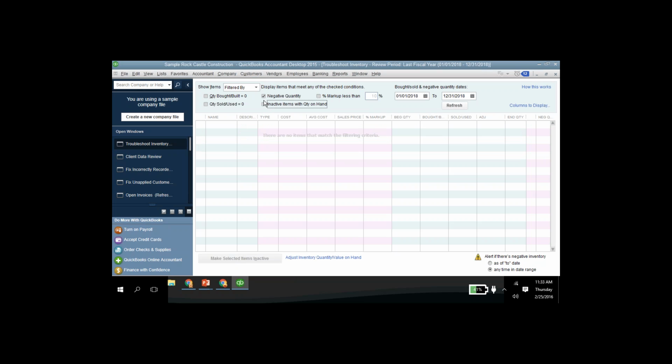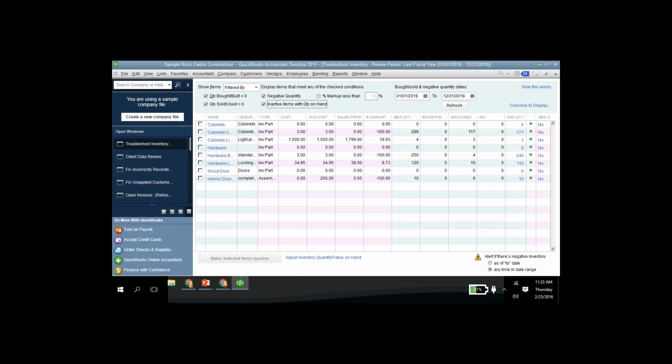Now, when I click on negative quantity, let me go ahead and change this back to show all of these, because that's where I did have it. Let me show everything again. Down here in the bottom right corner, see where it says alert if there's a negative inventory as of the to date. Well, as of the to date is as of December 31st, but really you need to look for,